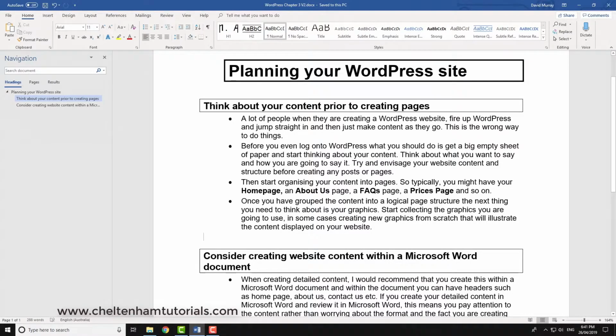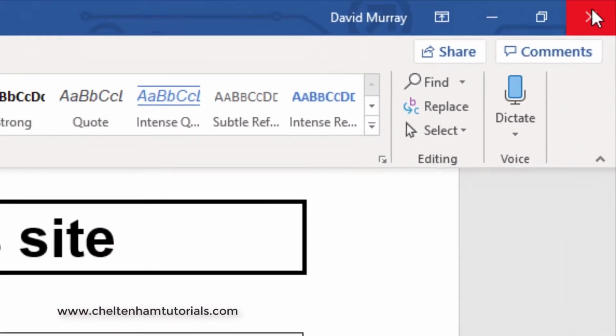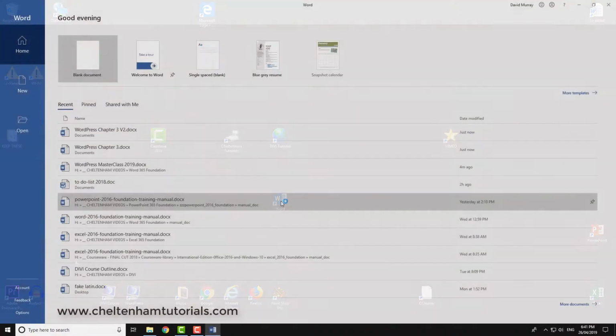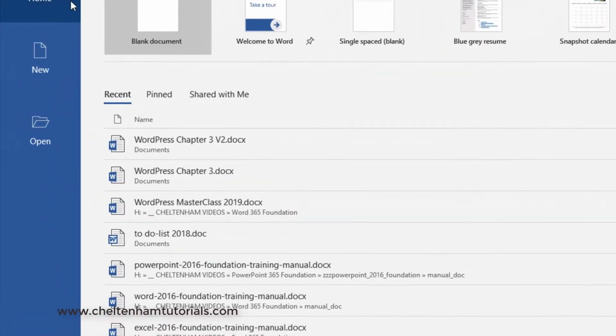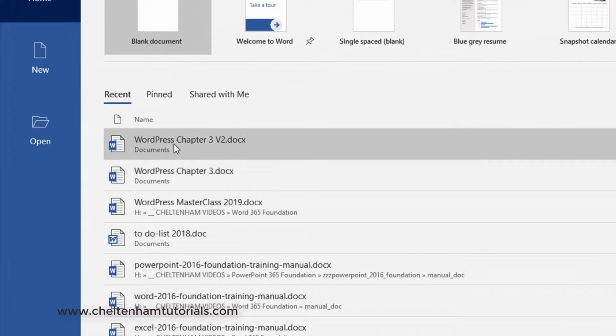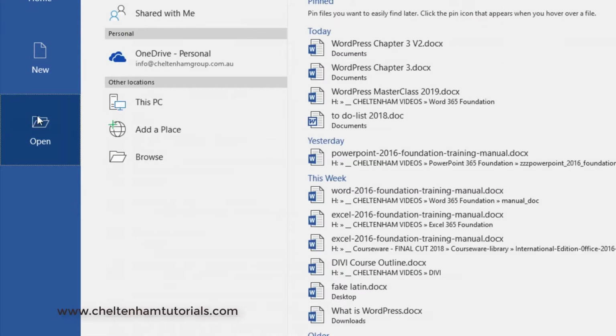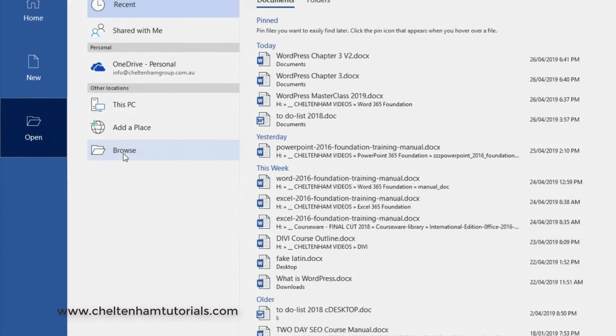As usual, in order to close the program down, all I have to do is go over to here, and it's closed. Now if I restart Microsoft Word, we can click on where it says Open. The most recent documents are here, but let's say we're looking for a document we created some time ago. What we can do is go and browse. So if I click on Browse here,